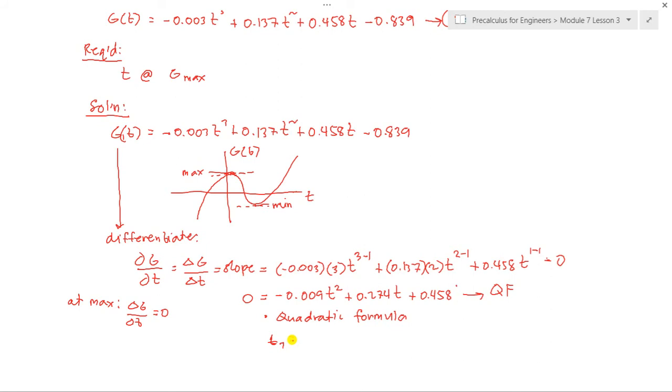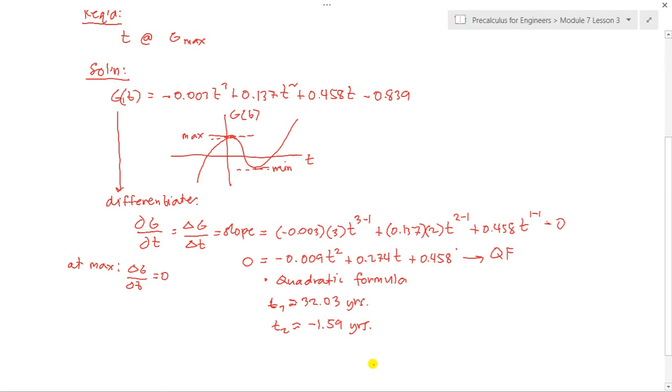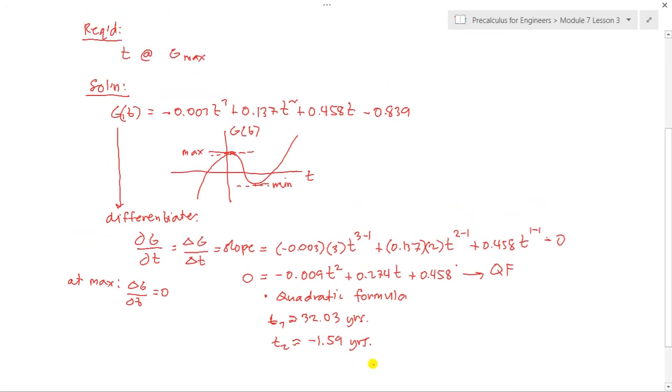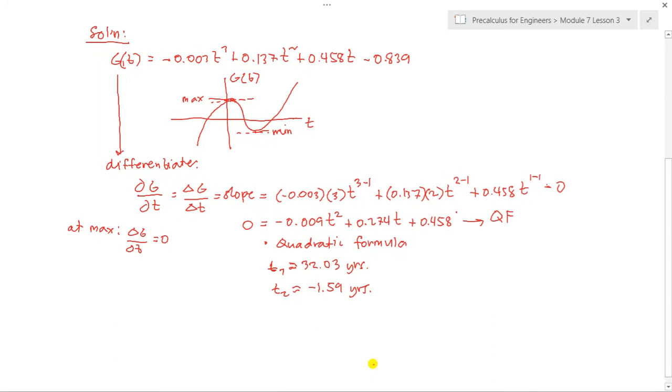So the first time is approximately 32.03. The value for T2, this is in years. The value for T2 is negative 1.59 years. Actually, pwede pud nato ni siya i-recheck kung asa gid ani ang makahatag og maximum nga Gmax, but actually common sense